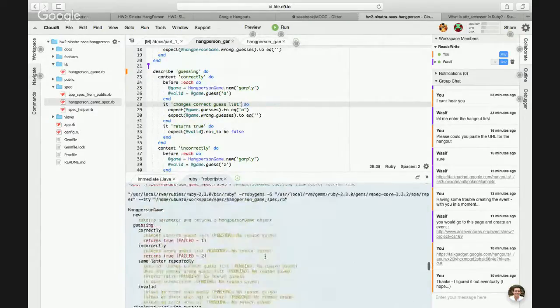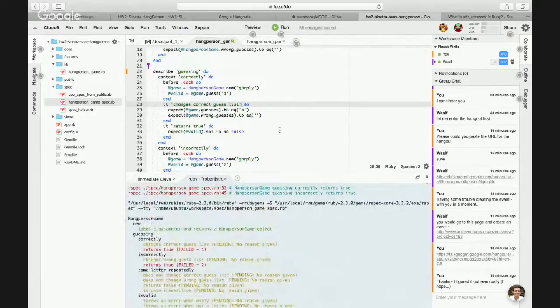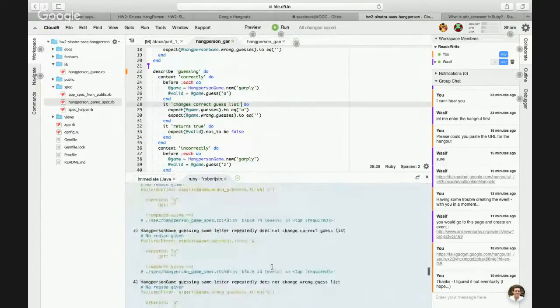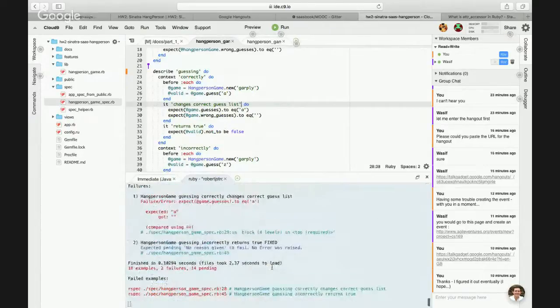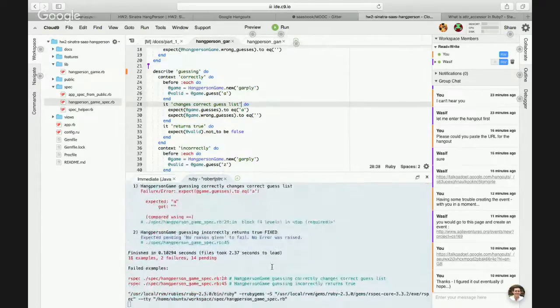How do we go? Right, still. To remember to save it. I always forget to save it. See what happens this time. Okay, 14 pending. Okay, right. So it's saying